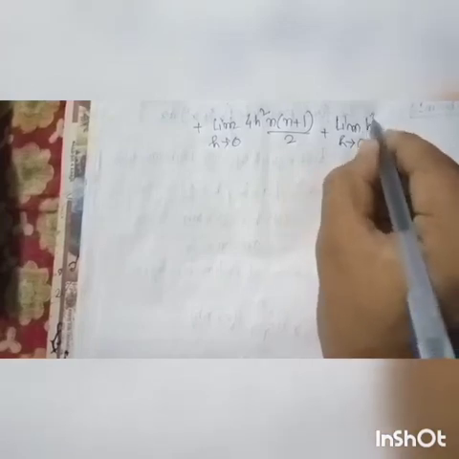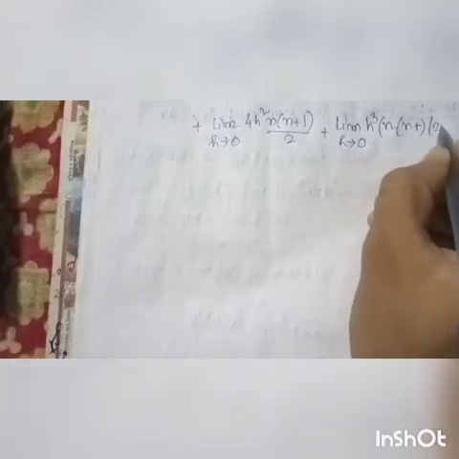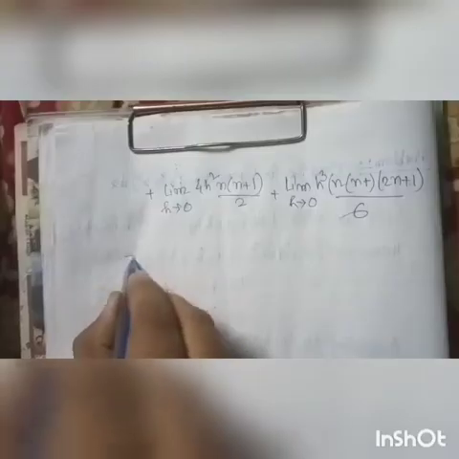Limit h tends to 0, 4h square n plus 1 by 2, plus limit h tends to 0, h cube into n plus 1 into 2n plus 1 by 6,